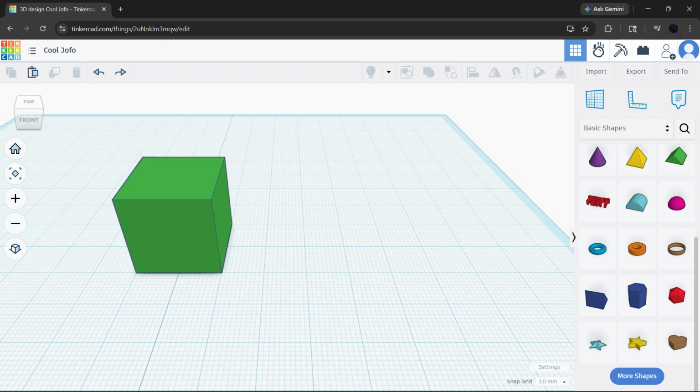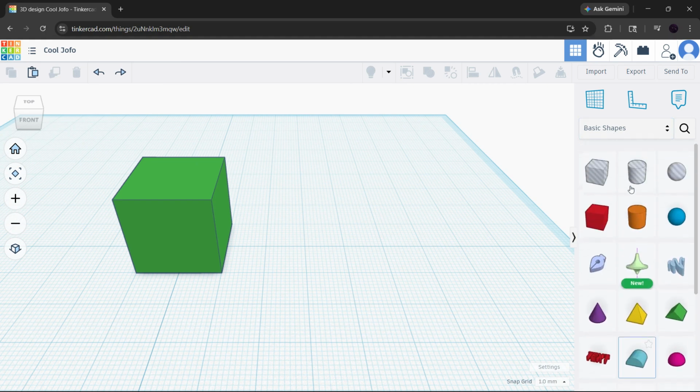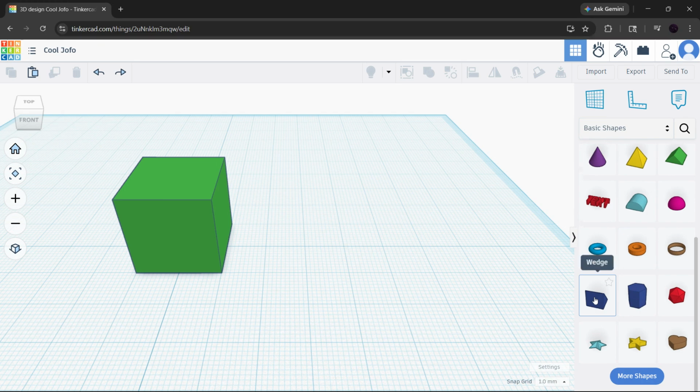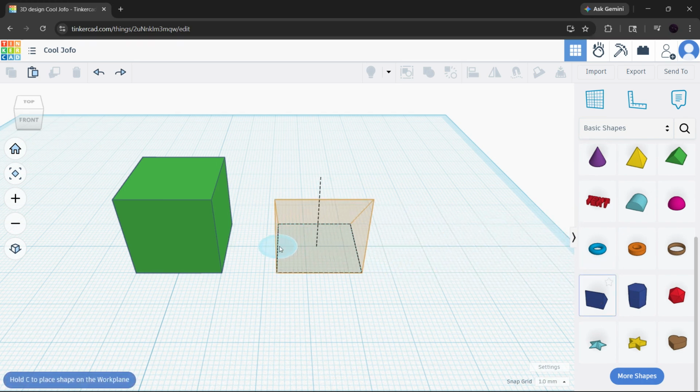Let's jump in. First, let's talk about the wedge subtraction method. This is one of the most reliable ways to chamfer an edge in Tinkercad because you have full control over exactly where the cut happens. Start by opening your Tinkercad design and finding the Basic Shapes panel on the right side. From there, drag a wedge shape onto your work plane. The wedge is going to act like a cutting tool, so think of it as the shape that will remove